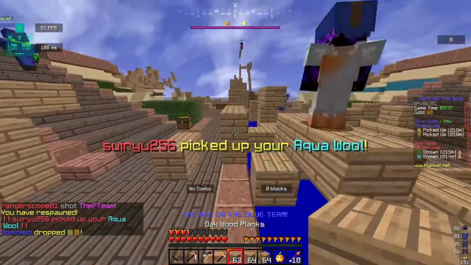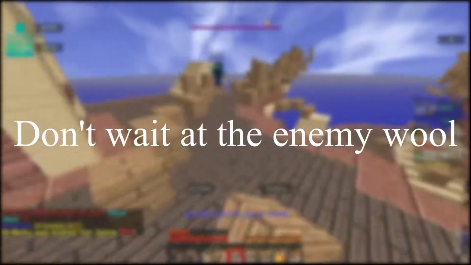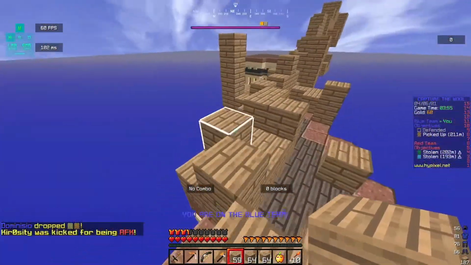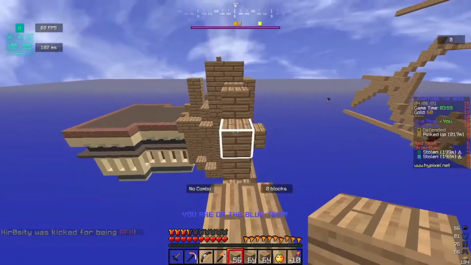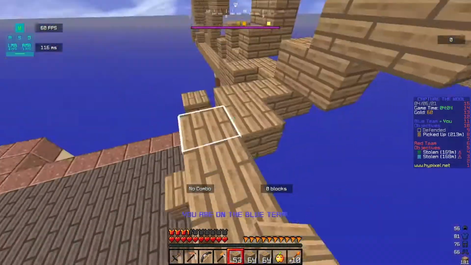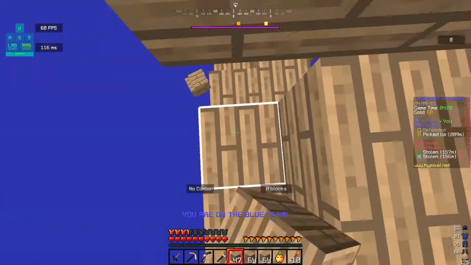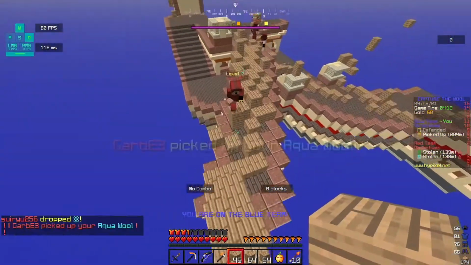Another tip I'll give you is when you're at the enemy wool and you have it, don't wait at the wool. This is something that I've done way too many times, and a lot of the time I lose the game because I just wait there and then the enemies just capture the wool. So what you want to do is maybe eat an apple and then just leave as soon as you can. Even if you die, you can come back, it's fine, but at least you have a chance of